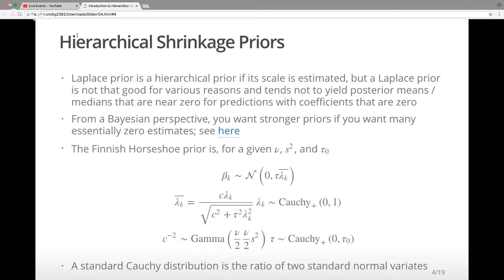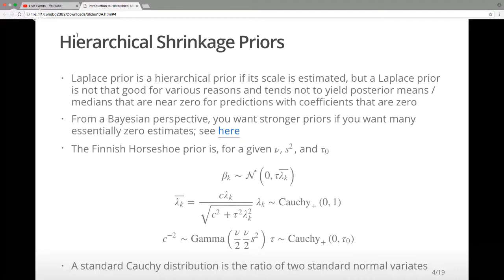You have a flexible prior that might be quite appropriate for regression coefficients. And the reason is that it has both a so-called global scale parameter tau that applies to all of your regression coefficients, and a local scale parameter lambda k that is specific to